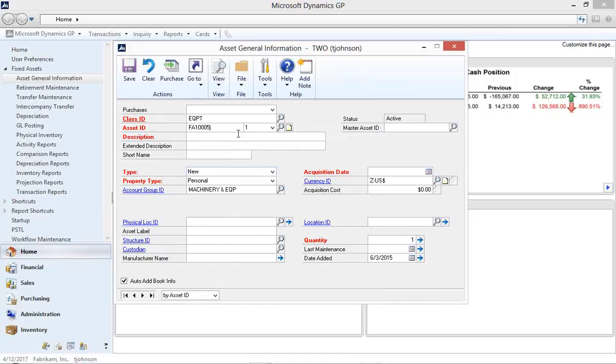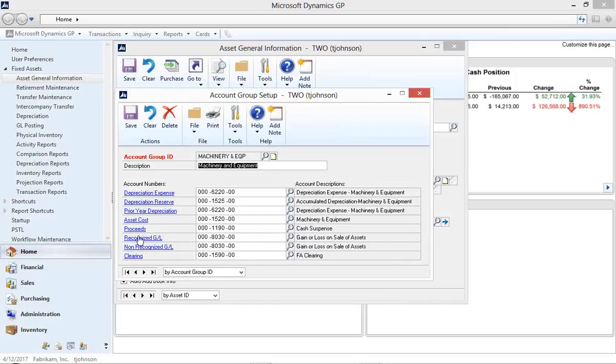In my GP, the red fields are required, so I can just say this is some kind of equipment, and I can try to type. Now notice when I typed in the asset class, not only did it give me a new asset number, it also assigned an account group. And so I'm just going to drill back on this. This is where my general ledger accounts are going to come from. And I can override this if I want to on the asset itself,